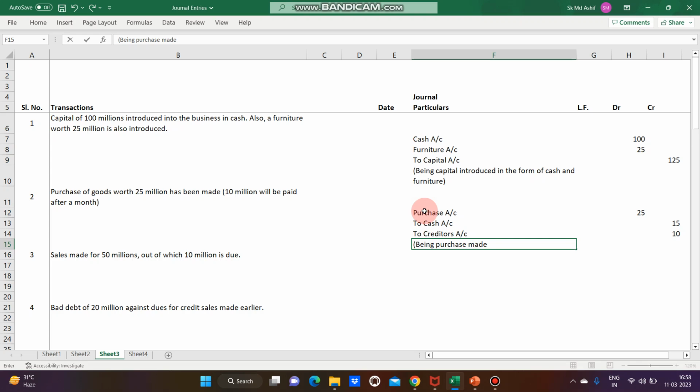The next transaction is sales made for 50 million, out of which 10 million is due. So if you remember, we had gone through a topic called types of journal entries, and the first one was simple journal entries. So we can call all of these first three entries simple journal entries. Here the transaction is sales made for 50 million, out of which 10 million is due. So sales is an income for you. Increase in income means a credit. So your sales will be credited